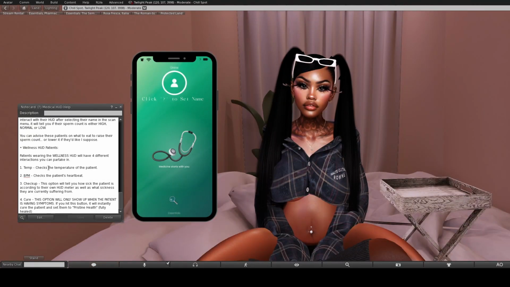Now to the newest HUD, the wellness HUD. Patients wearing the wellness HUD will have four different interactions you can partake in. Temperature, check the temperature of the patient. BPM, check the patient's heartbeat. Checkup, this option will tell you how sick the patient is according to their own HUD meter, as well as what sickness they are currently suffering from. Lastly, cure. This option will only show up when the patient is having symptoms. If you hit this button, it will instantly cure the patient and set them to pristine health, aka fully healed